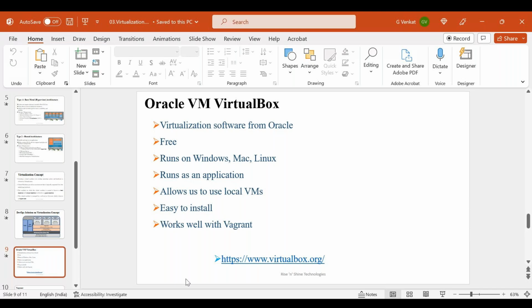Yeah, so where can you get the software? How do you download VirtualBox? We can just type this in Google: download Oracle VirtualBox.